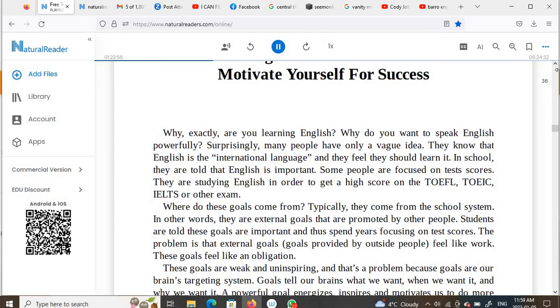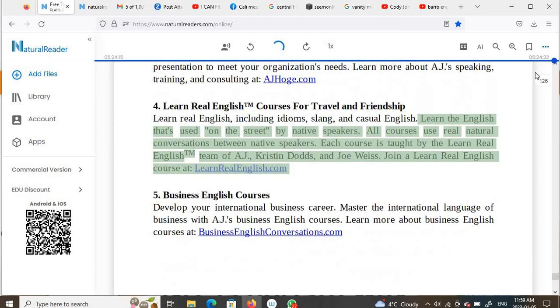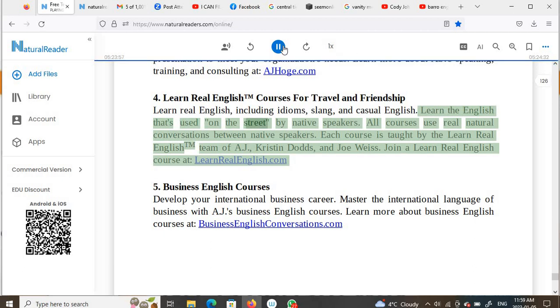Chapter 6. Use big real-world goals. Learn the English that's used on the street by native